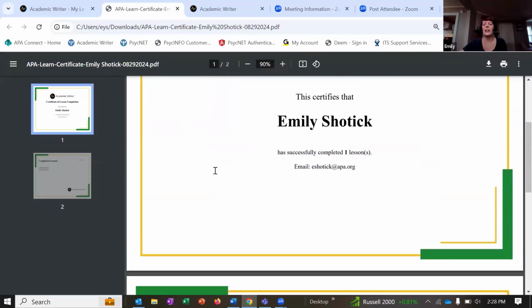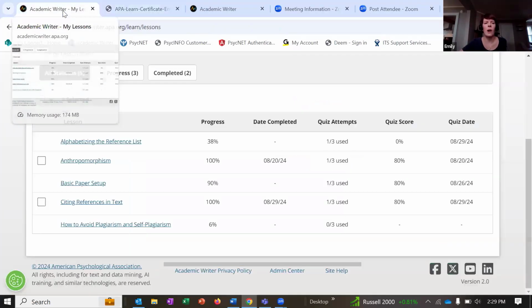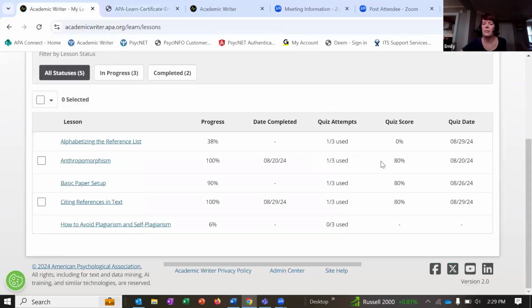There's the certificate. Once students have this PDF, it's up to the instructor how they want to use it. If they wanted to create an assignment or a turn-in box in their LMS, like Blackboard or Canvas, they could do that, and students could submit this PDF. It's however they want to use it, but students have solid proof and tracking of the progress and what they achieved.